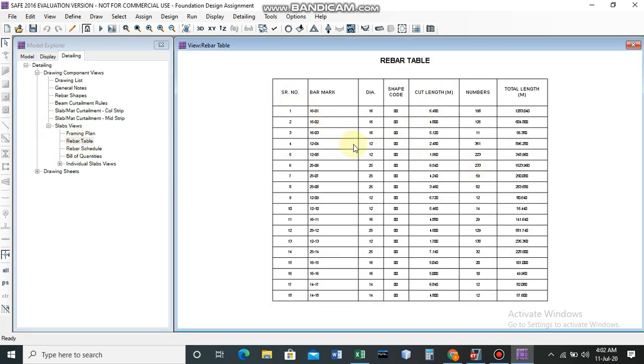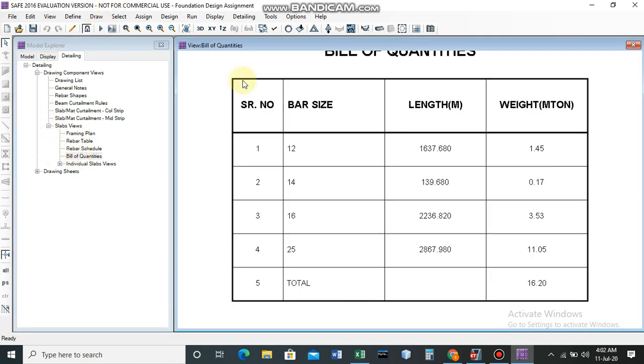Here the net quantity and the length of the particular diameter bar required in the foundation is displayed, that is 16 mm diameter bars are to be of length of this much values, and you can see the other values also. Under bill of quantities you can see that the 12 mm bar size has total length required of this much and weight in this much. Similarly for other values also.